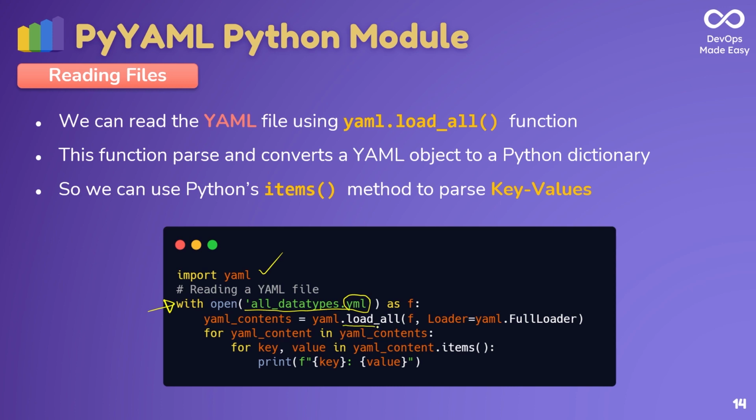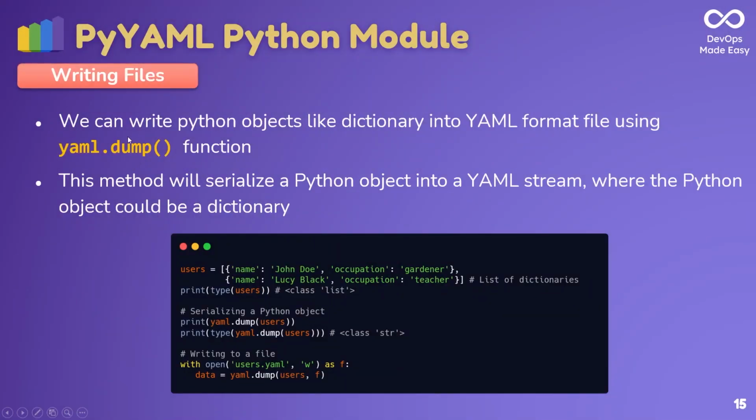Then I'll use the load all function to load this complete YAML file. After loading it, it becomes a Python dictionary. Then I can use the items function on the dictionary to separate key values from that dictionary. So what I'm doing here is printing the keys and values of the YAML file. Okay, this is about reading YAML files, and we can also write YAML files using the